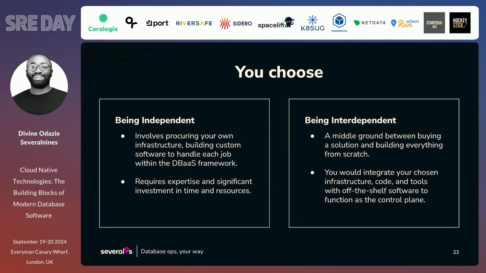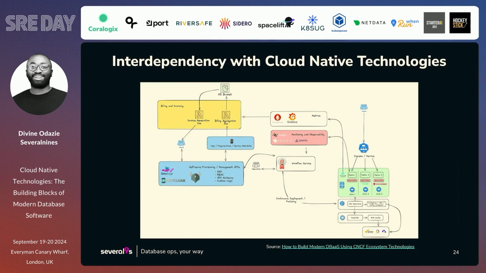And in the CNCF space, I don't know if you guys have heard of a company called Odazie. Their CEO gave a talk. He was among the early contributors to RDS in the early days. He gave a talk and this is the final architectural diagram of building a DBaaS somewhat with cloud native technologies. As you can see, Argo CD handling the workflow, using Keycloak for access management, monitoring with Cilium, Hubble, NetData, Prometheus, and a lot of things that go in all in all.